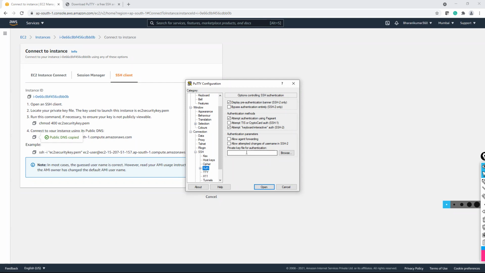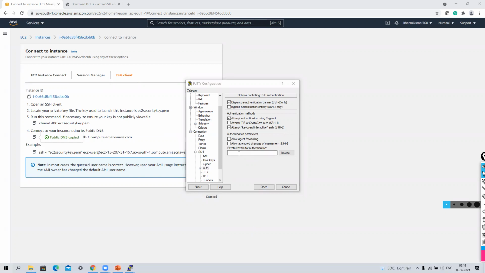And with this PuTTY only, we will also get one more thing called PuTTYgen, meaning PuTTY key generator. For these kinds of files, to convert them into .ppk, yes, so we have to make it as ppk. We have to convert it into ppk, and then we have to upload it here.